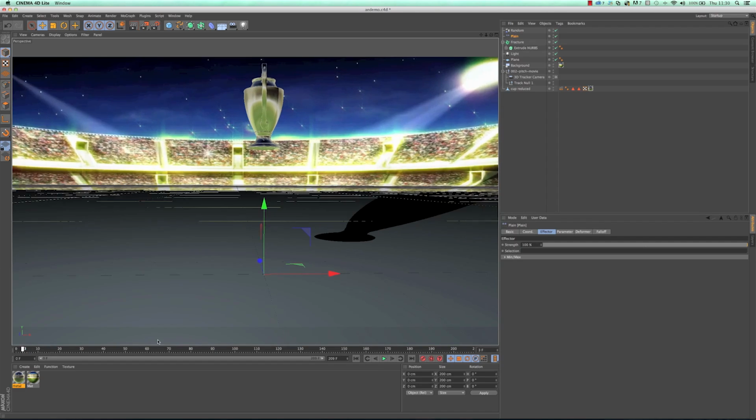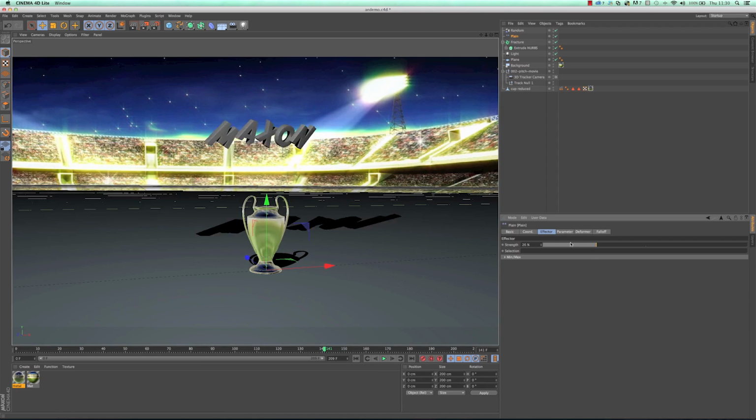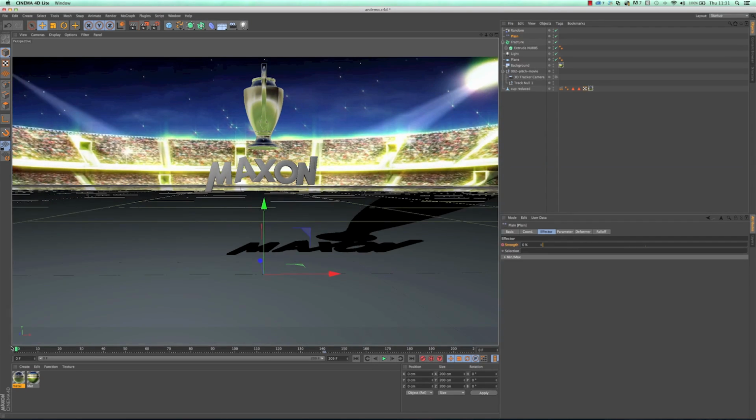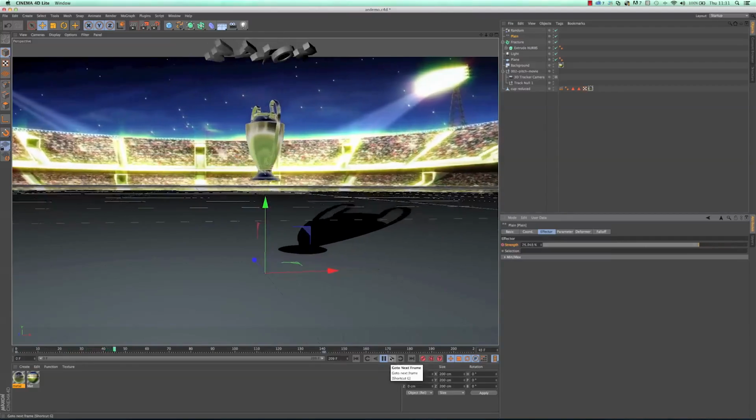So what we could say is, okay, where the cup lands, just after that, we'd quite like to have the logo be there. So we can say control click, and then what you'll see is the little grey circle goes red, which is great. So it said, okay, I've added a keyframe for you there. If we then scrub back to the start of the timeline, we can say, okay, at that point, be at 100%, so it's going to be 3000 up and at 90, 90, 90 on the rotation, and we hit control click again. And that quick, we have quite a complicated animation movement.